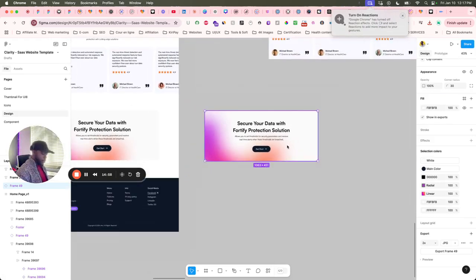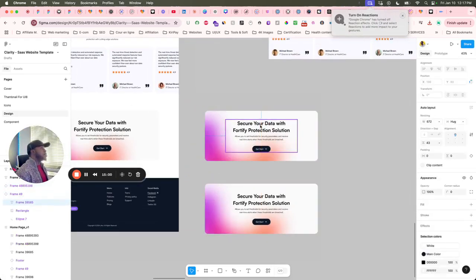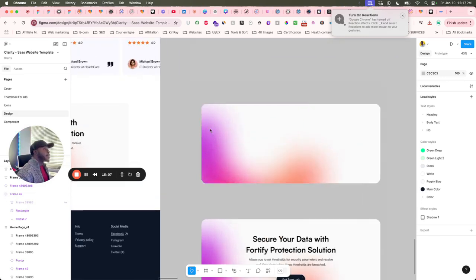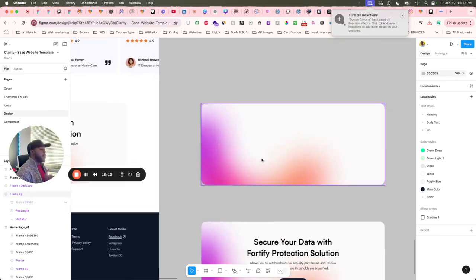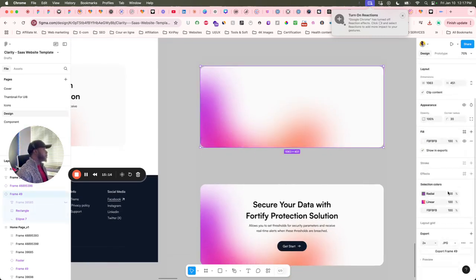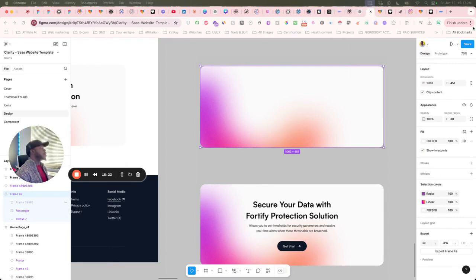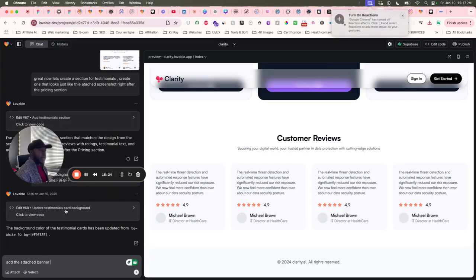What we're going to do is duplicate, and then one will be without it, so we can use a background, and it's going to be an image, because we can create this effect in the actual app, but it's going to take so much time and so many tokens. So the fastest way will be to build it by just exporting, and then we're going to ask Lovable to add the attached banner. So this one without text, right after the